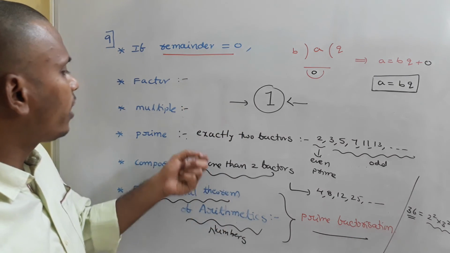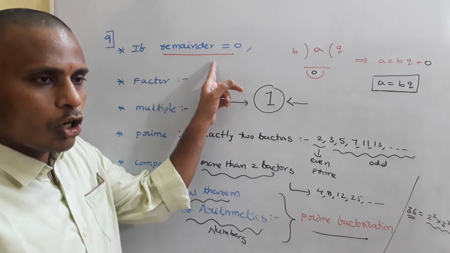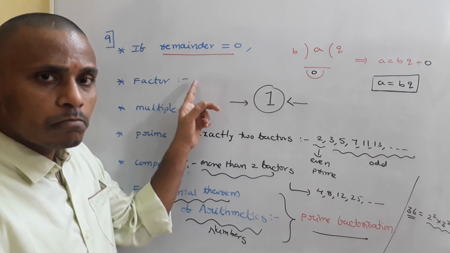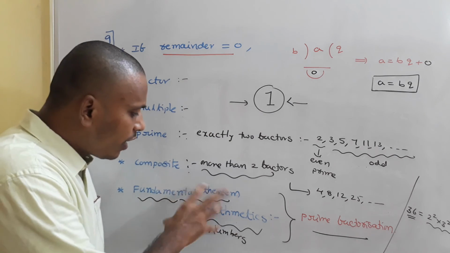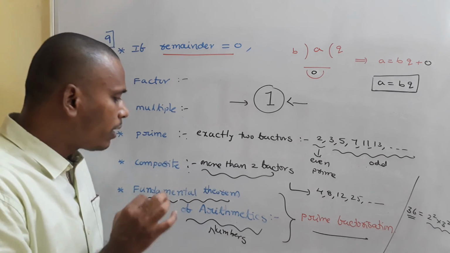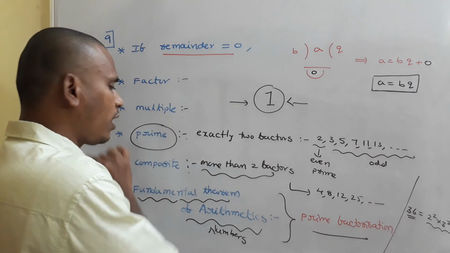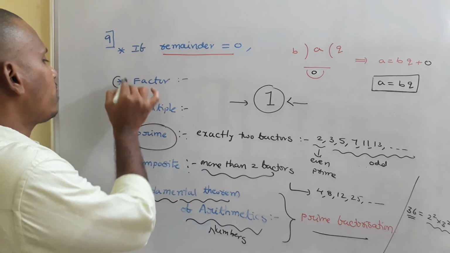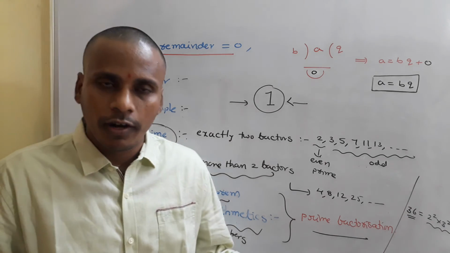So these are some ideas related to the division algorithm. If remainder is 0, there arises the concept of factor and multiple. From that concept of factor, we will generate, based on the number of factors, prime and composite. After having prime and composite, there is a chance to express every composite number as product of primes, and that is mentioned as fundamental theorem of arithmetics. Okay. So related to primes also we have many other definitions like twin primes, prime triplets and everything. Okay. So you need to memorize these definitions and the properties related to these to solve different problems.